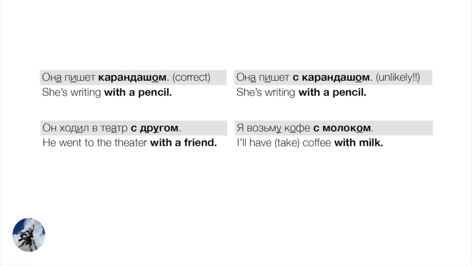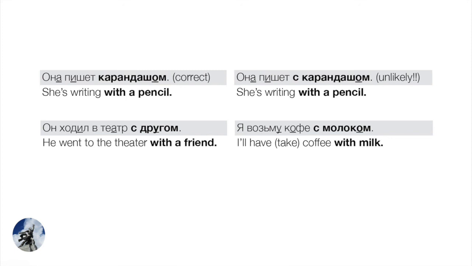Now, another example that's quite common is talking about food, right? Where you say things like, I'll take coffee with milk or a pizza with pepperoni or whatever, right? Again, maybe this is a bit different from accompaniment, but you can think of it like this: you've got something like coffee and then you're adding milk to it. It's coming with the milk, right? It's kind of being accompanied by milk in that sense. Right there, again, you would use the с. And if we think about it, we're not using the milk there as a tool or something. So that may help you understand why we do need the preposition с there in the Russian.